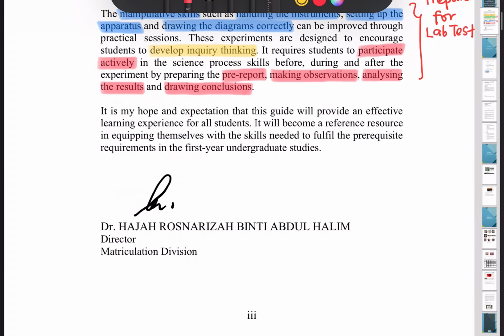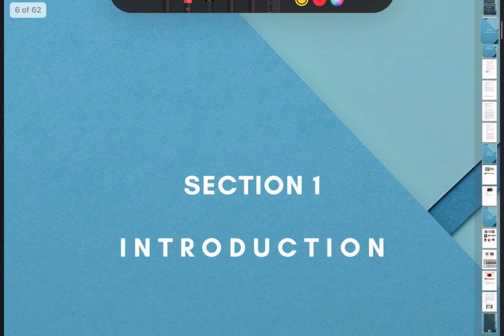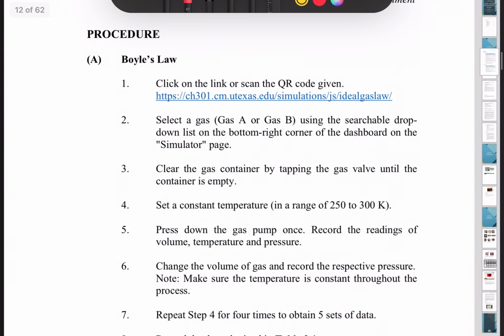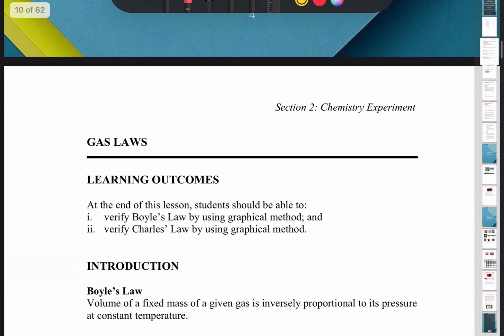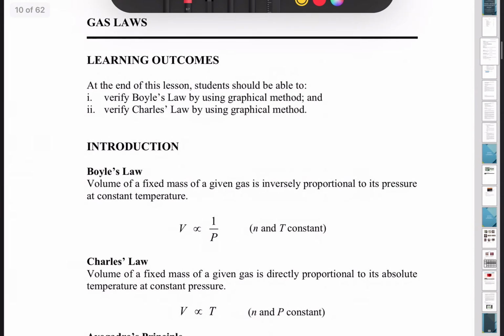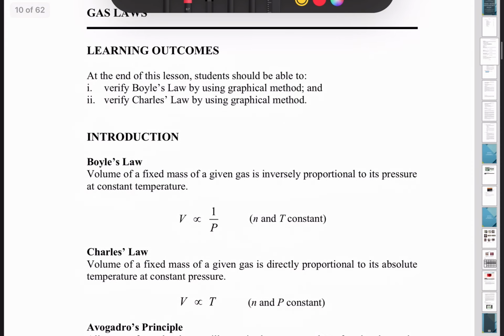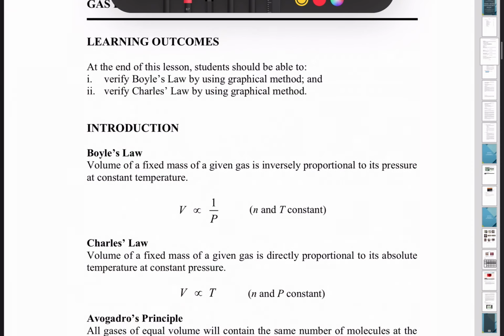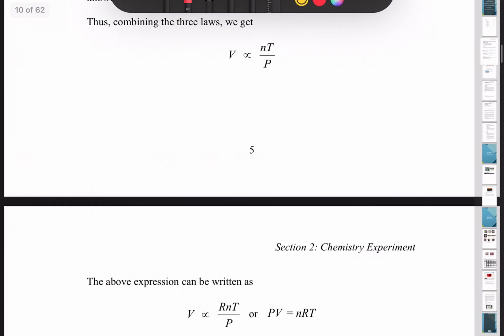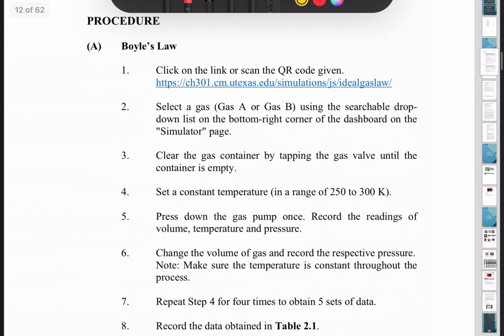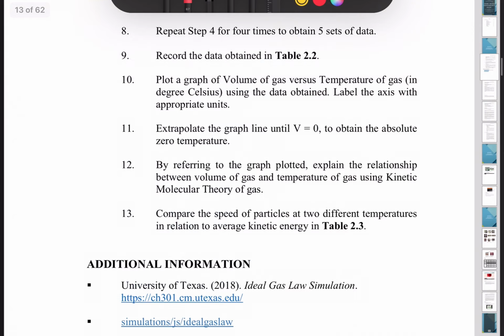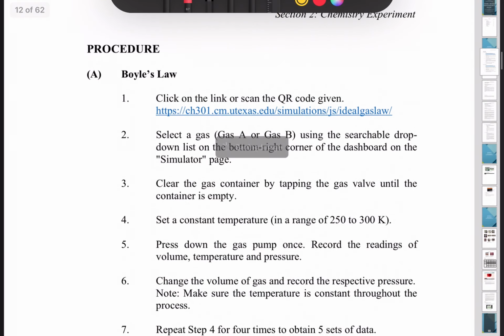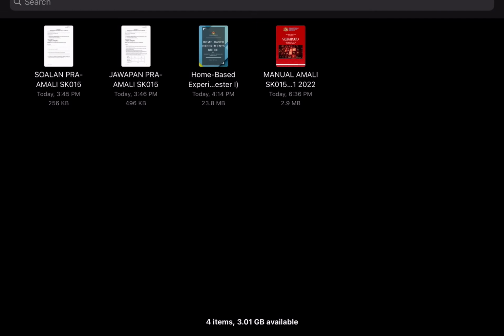Awak bacalah ni semua. Section 1 introduction, section 2, this is chemistry experiment. Ini yang nanti awak kena refer kat sini lah bila lepas mid-sem break tu. We have this at-home experiment. Bila sampai masa nanti saya akan update lah. This is just to let you know which stuff that you will be using.